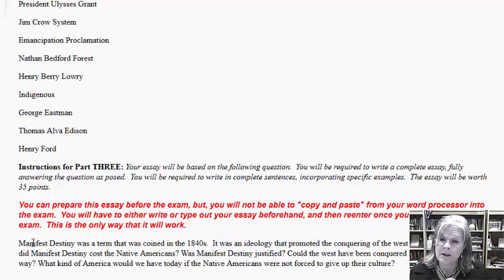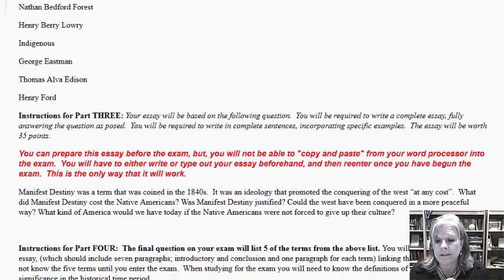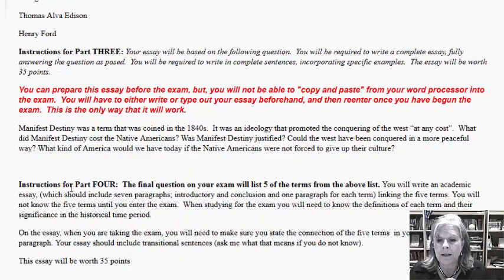The last 2 parts, the 2 essays, are worth 70% of your exam. So my point in telling you that is that you must study everything that I put on this study guide. I've given you all the answers. You just don't know how I'm going to ask the questions. This is a really good opportunity for you to make a very good grade in this class if you put the time into studying this material. You only have 2 hours to take the exam,